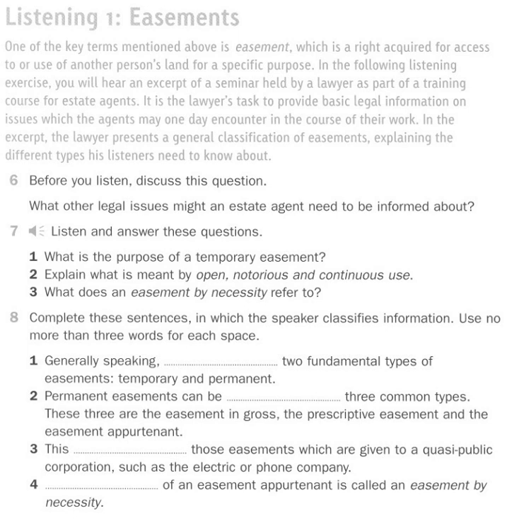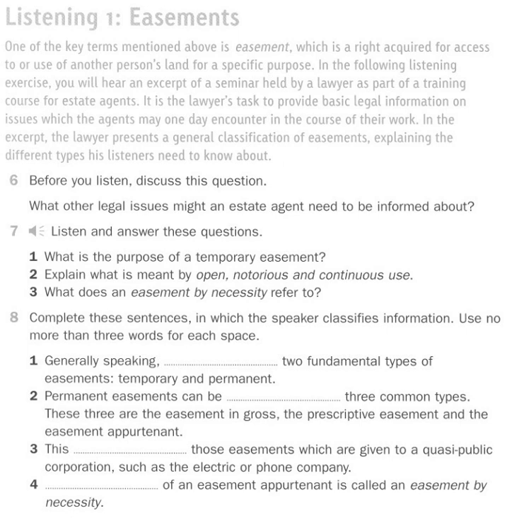Generally speaking, we distinguish between two fundamental types of easements, temporary and permanent. Temporary easements are granted for a definite period of time. The reason for this might be to allow access to property during construction, for example. The second kind of easement, a permanent easement, lasts for an indefinite period, as the name suggests.